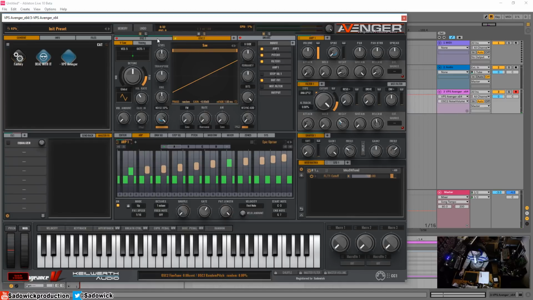And what I can do is, basically in Avenger, this is really cool. Each oscillator has its own low pass and high pass filters. And if you take that high pass filter, it's right here, and you take that all the way down, you can essentially make a silent oscillator, which is extremely useful. And we can select the noise here to make it a little bit more stereo. We can adjust the tone by adding, I guess, bit reduction to it, giving it a bit more attitude. So yeah, there is that. So with these together,